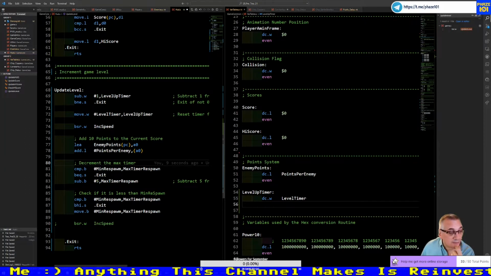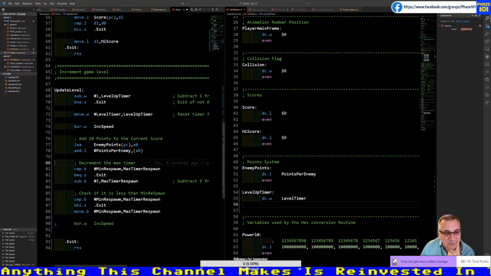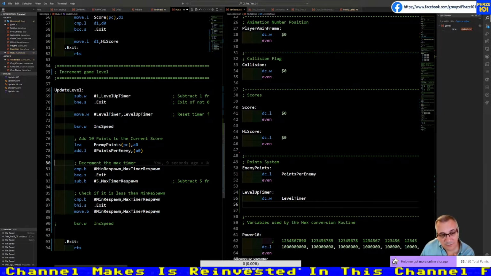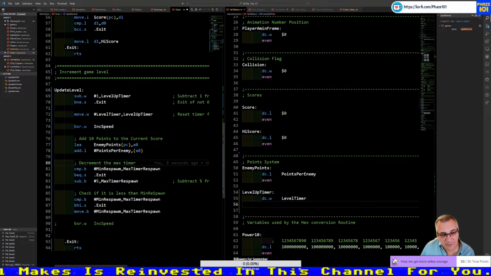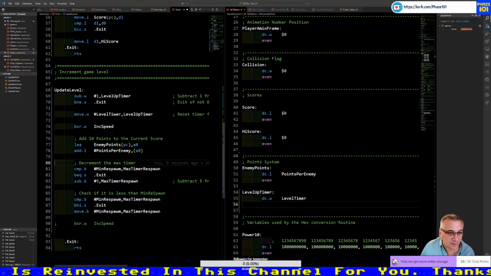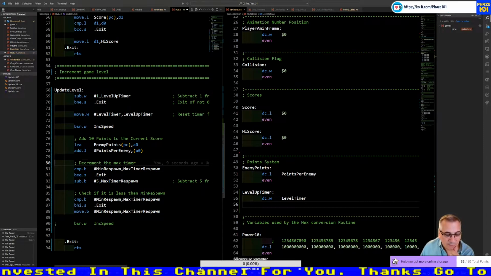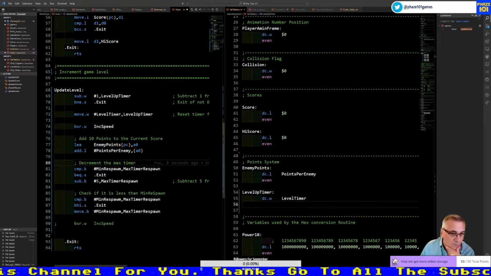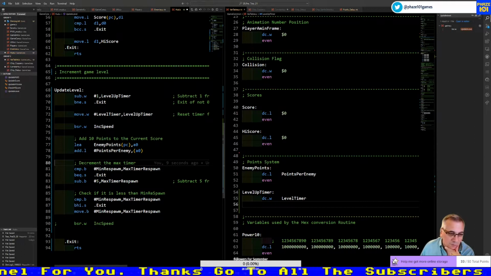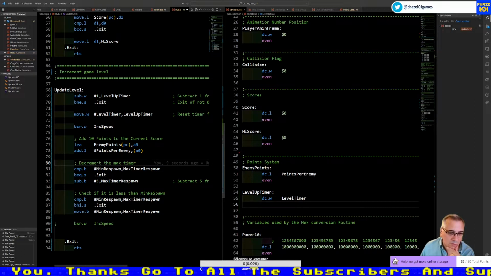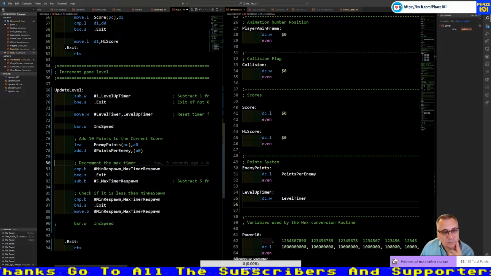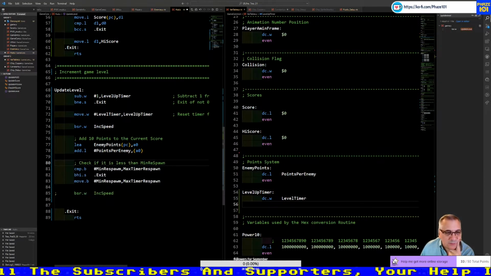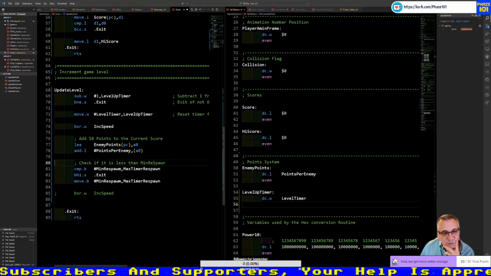That's what I want to add. So at every level, every time we increase the speed, the score points become double basically. We don't need that. I'm not sure if it should be after.